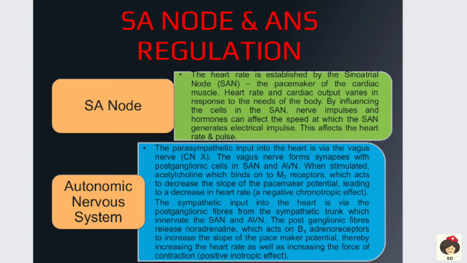Okay, so in the autonomic nervous system, you must understand there are two nervous systems. One is parasympathetic and the other is sympathetic. The parasympathetic nerve is the vagus nerve, and this is mainly responsible to decrease the heart rate, which is the negative chronotropic effect. The sympathetic nervous system is through the sympathetic trunk, and their function is to increase the heart rate, and that is called the positive inotropic effect. So these two effects will occur in the autonomic nervous system, and thereby they will regulate the heart rate.